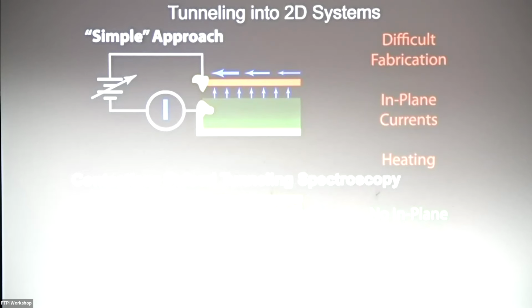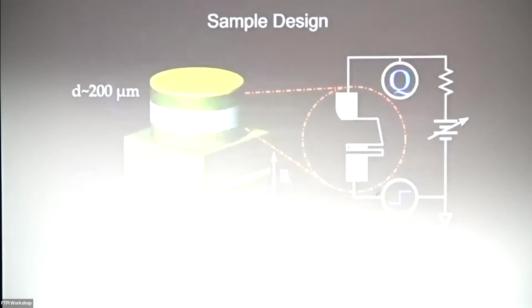So this creates issues. The best thing to do is actually not to make a contact and to make sure that your tunneling is purely vertical. The transport is purely vertical and there's no horizontal component. This actually lets you look at tunneling into insulators, which is pretty interesting. So what we do is we apply a voltage pulse across this capacitor structure. There's a thin tunnel barrier here and a thick barrier here that doesn't allow tunneling. When you apply the voltage pulse, you drive charge into this 2D system, and then you can detect image charge appearing on the opposite plate.